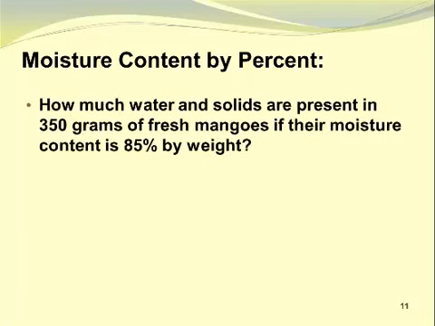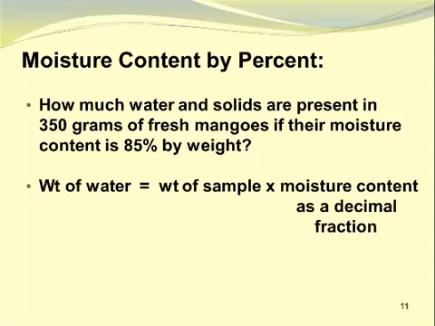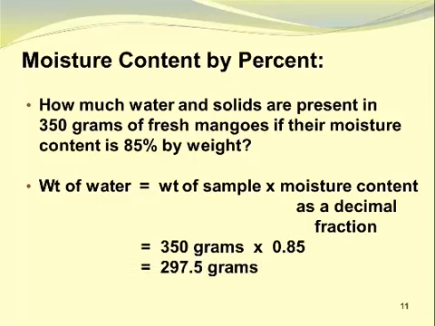In another question, we are asked to find out how much water and solids are present in 350 grams of fresh mangoes if their moisture content is 85% by weight. So the weight of the water will be equal to the weight of the sample times the moisture content as a decimal fraction. We have 350 grams of sample times 85% by weight as a decimal fraction, which becomes 0.85, and that works out to